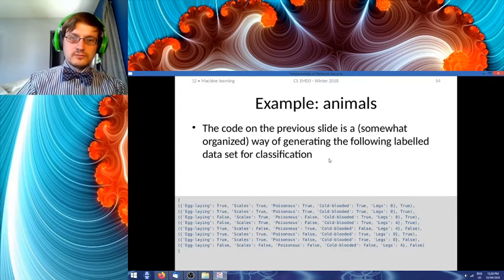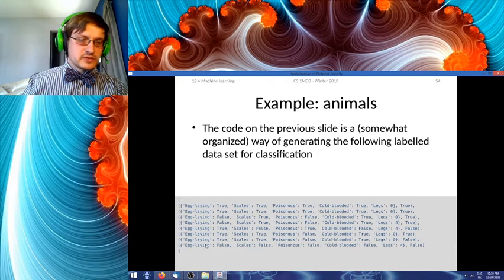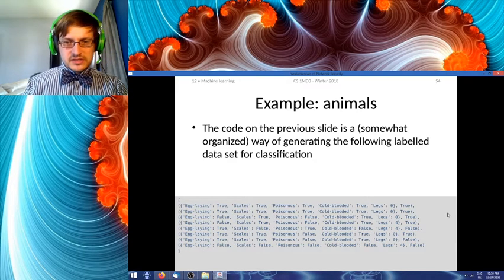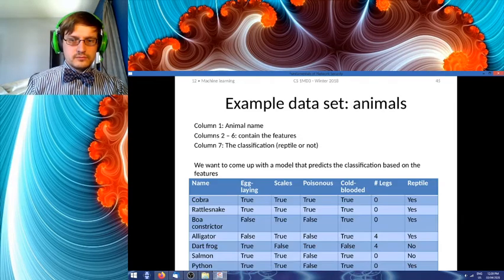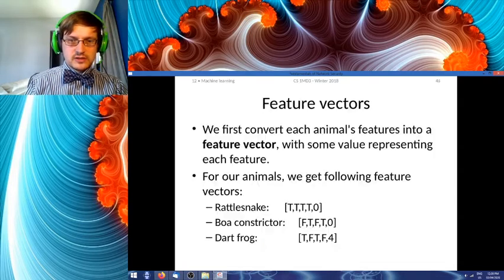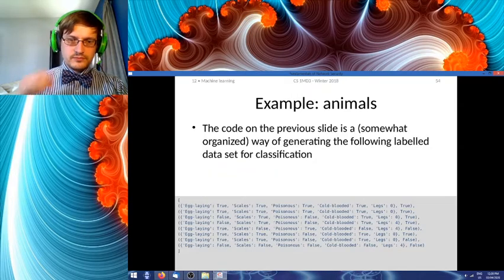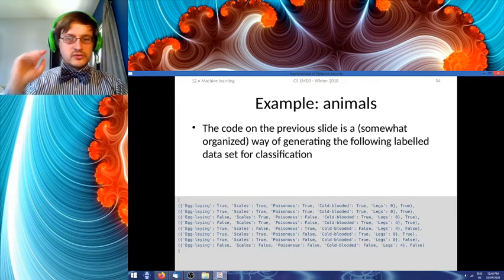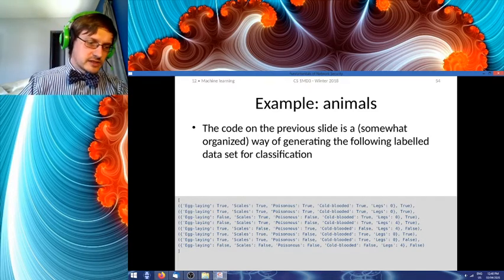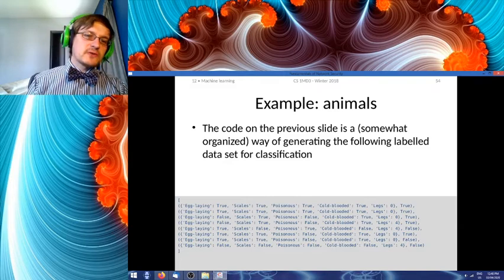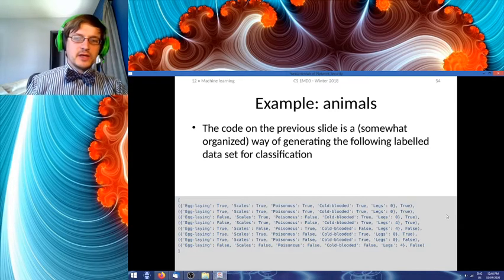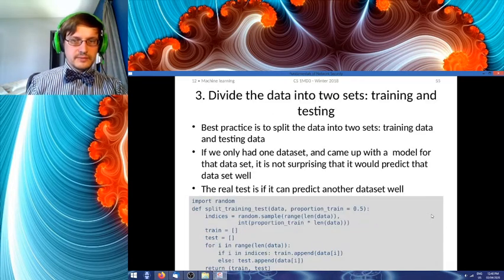So, the code on the previous slide produces the following array, which, as you can see, is reasonably similar to the dataset in terms of its presentation. It's just a bit more verbose because it has the label in each and every single dictionary. So this is what we're talking about when we say labeled data. We have the data, and we have the label. Cool? Let me know if there are any questions, guys.